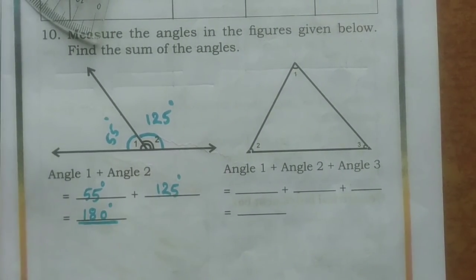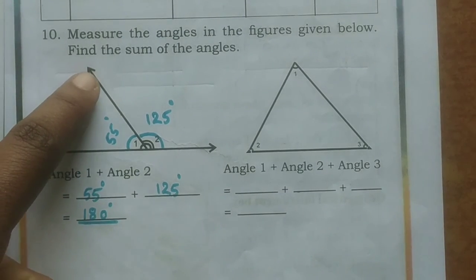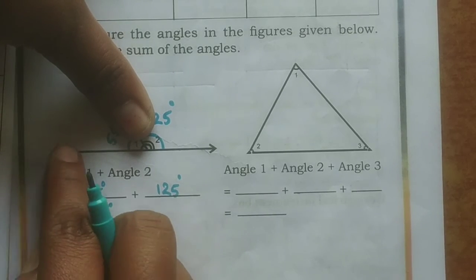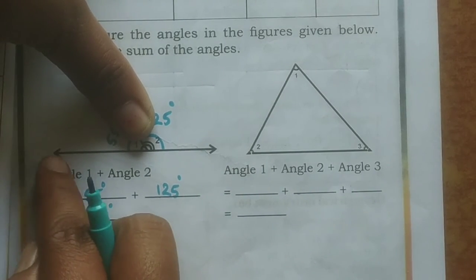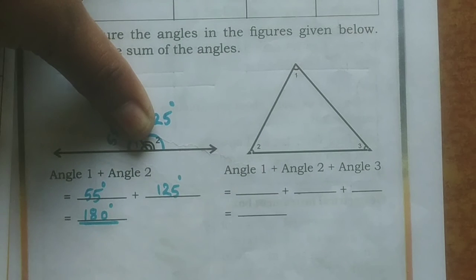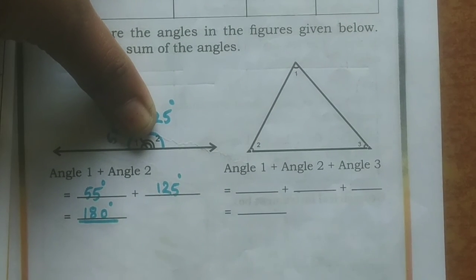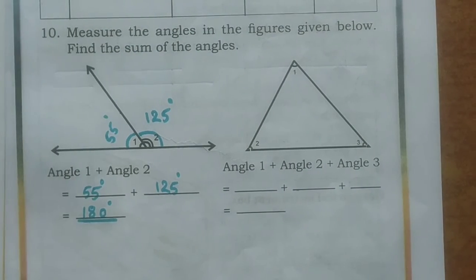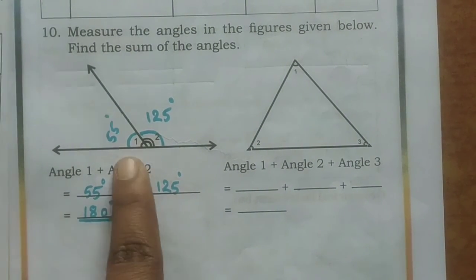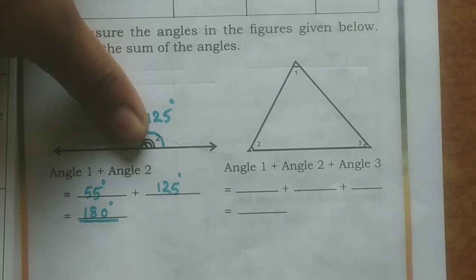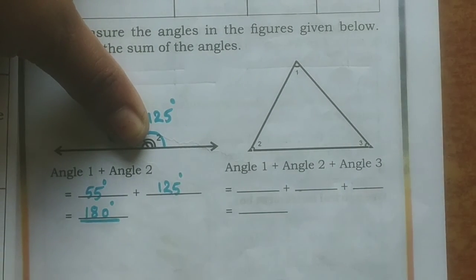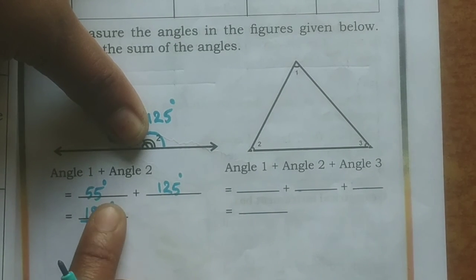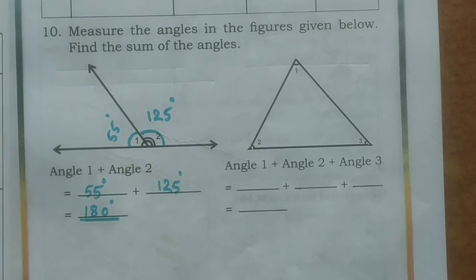Look children here. In this, in the middle they have drawn a ray, right? If we ignore that ray, we can see a straight line. So this belongs to a straight angle. What does straight angle mean? A straight angle is an angle which is exactly 180 degrees. So to check whether our answer is correct, if we ignore the ray it is a straight angle, right? So how many degrees does a straight angle have? It is exactly 180 degrees. Okay, good, so our answer is correct.